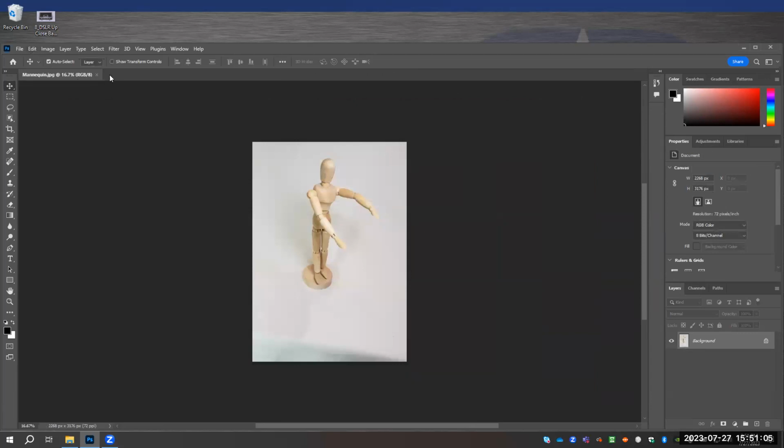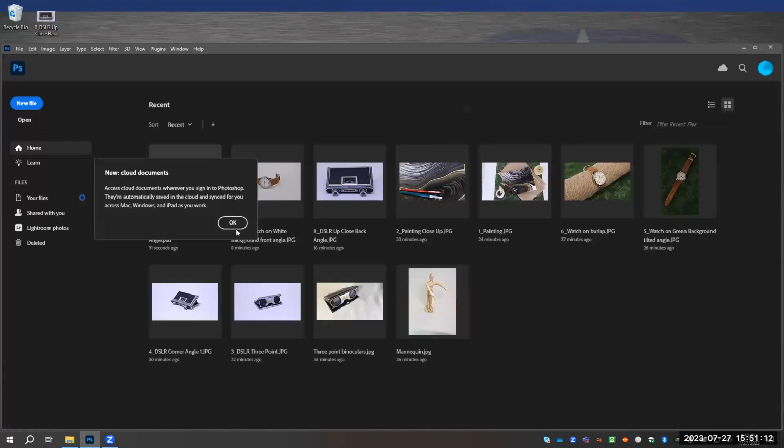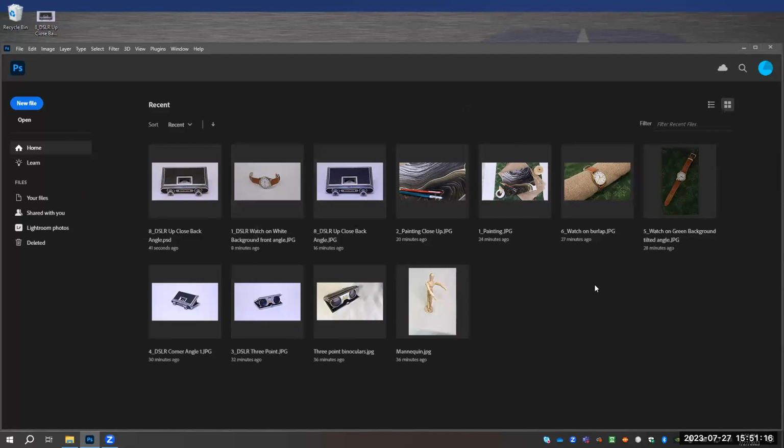There's the original mannequin. Now I'm not going to close out of this because I don't know if that will close out Photoshop for me or not. But you know what? Let's try it. So it's going to close it out into your main screen. So you're going to have to come back and do a new file